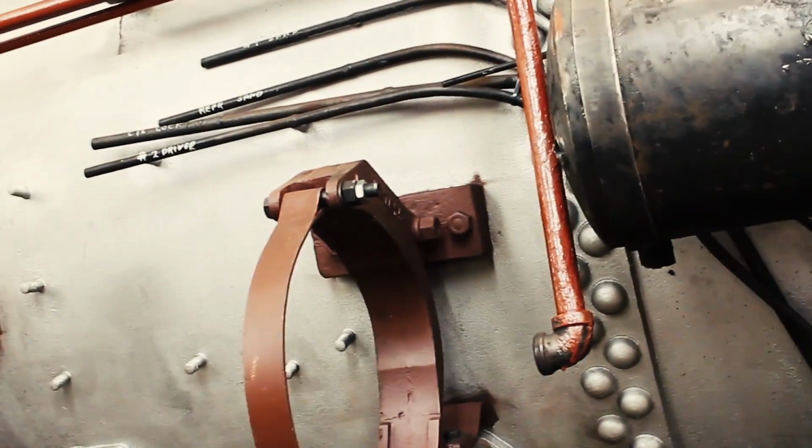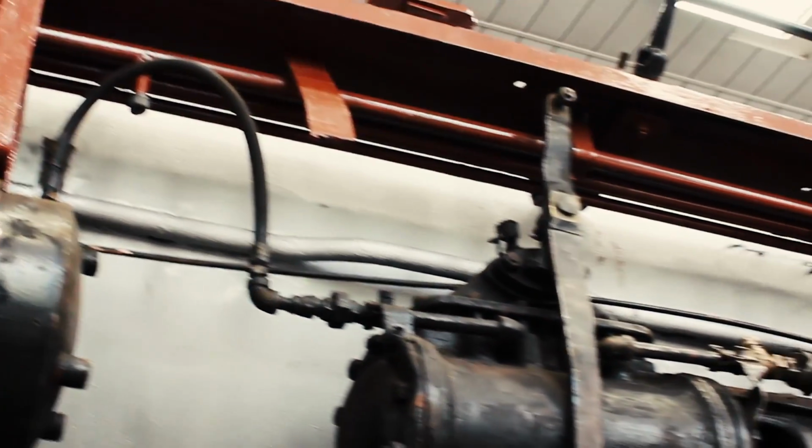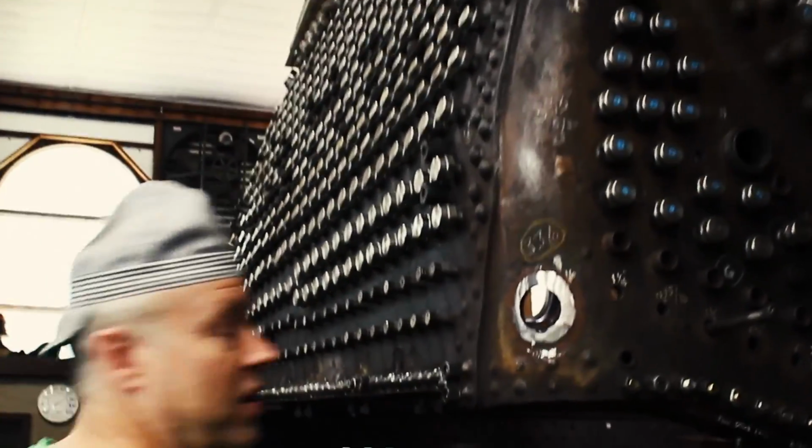And a whole other thing is on the top, that we have to actually look at the studs in the steam dome. We have to look at all the appliances on the top. All the studs got replaced. You can look at these over here. For anything that's hanging off the boiler,